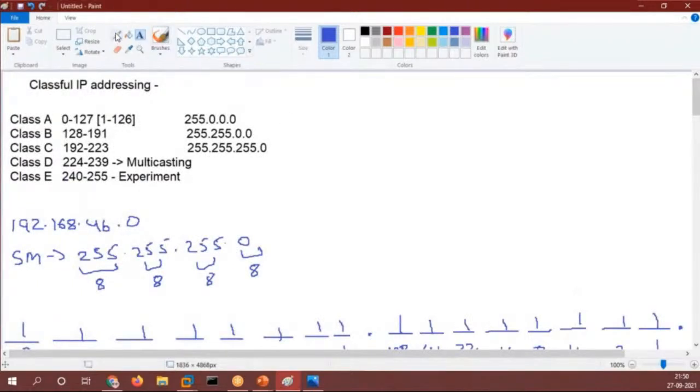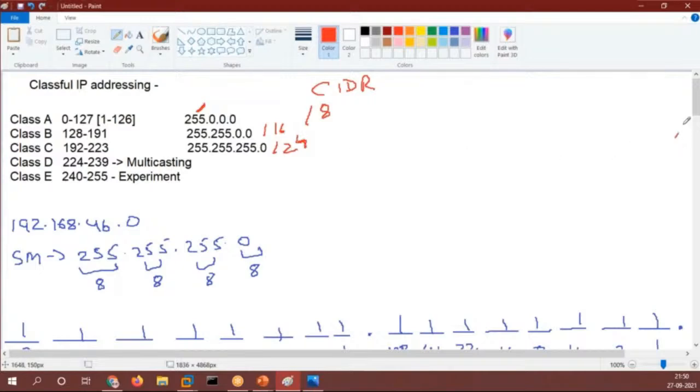So in CIDR notation, CIDR stands for classless inter-domain routing. In CIDR notation, your subnet mask is not static, it will be dynamic, so you can change it. And you write the subnet mask in the form of slash. So /8 because 8 bits are on over here. Only one octet has 255, that means 8 bits. Then again for class B it is /16 and for class C it is /24.